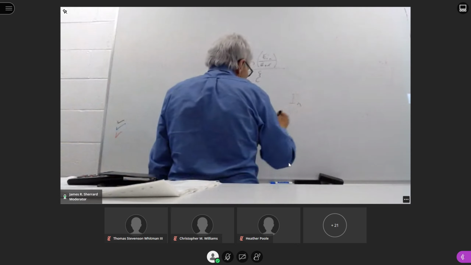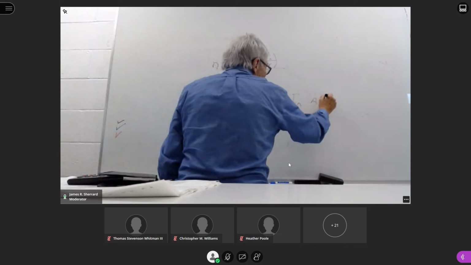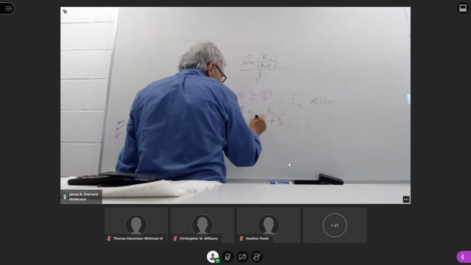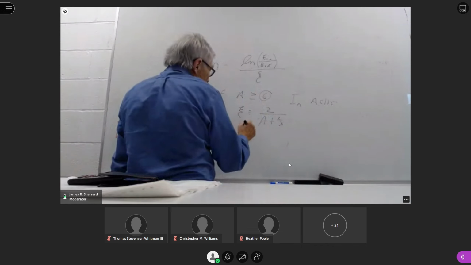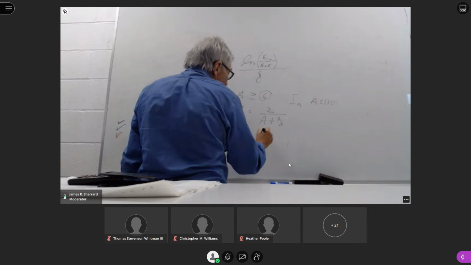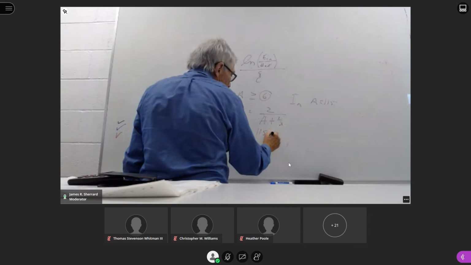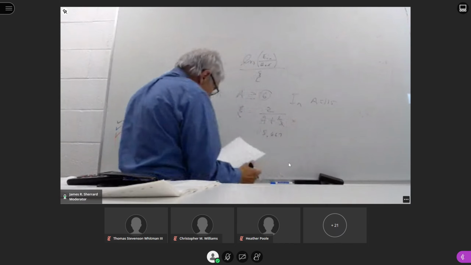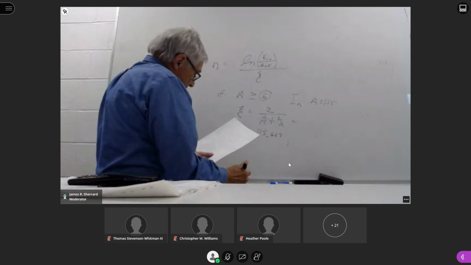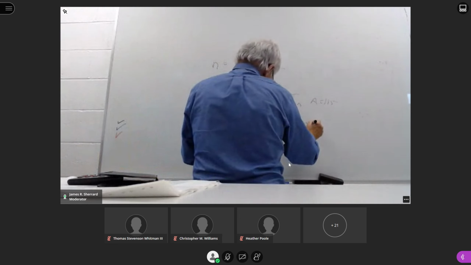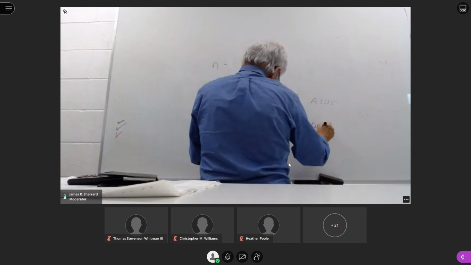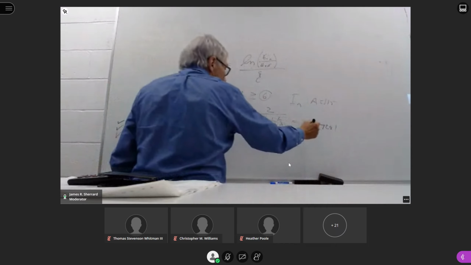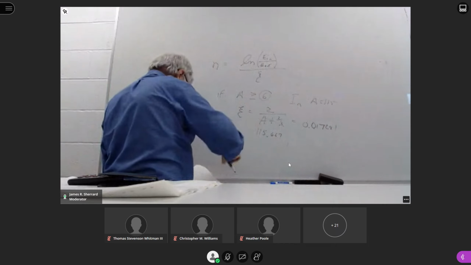Indium, our A value was 115, so we can surpass that, so we can use this. So squiggle is 2 over 115.667. When you do that math, I had that come out to be 0.017291. If you substitute this back into here,